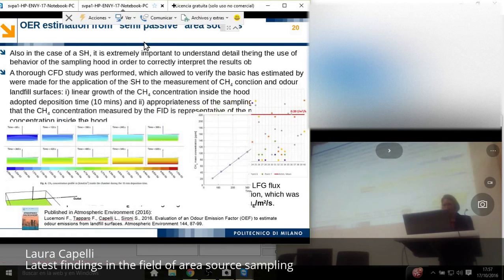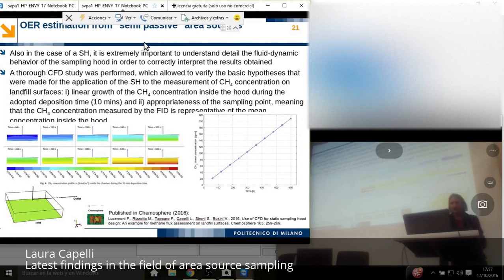And as a final remark, again, I want to highlight that we believe it's always very important to understand what happens inside your hood. Probably this slide should have been described before the previous one, because before you accept the results that you get from your sampling system, you have to be sure that you have understood how your sampling system is working. So we did that, and in this case we decided to apply computational fluid dynamics,